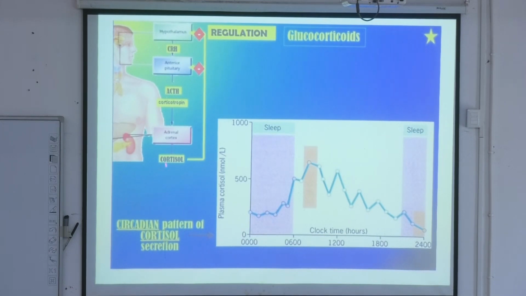Glucocorticoids means what? From outside you are giving excess cortisol. When you are giving excess cortisol from outside, there is gradual inhibition of CRH and ACTH. Because there is a lot of glucocorticoid from outside, there is inhibition of release of CRH and ACTH. Okay? When you are giving a large amount of glucocorticoids for a prolonged period, this CRH and ACTH gradually goes down. Clear? Now what happens? If suddenly you withdraw,